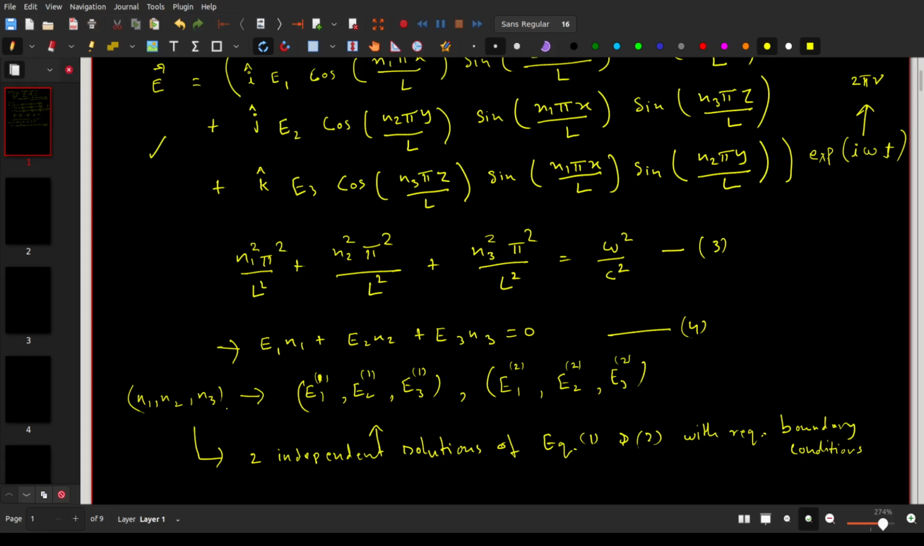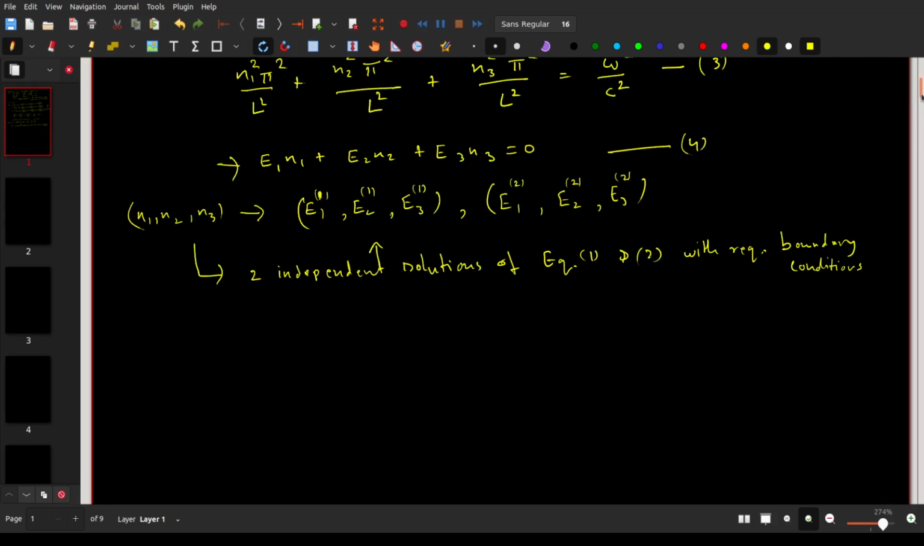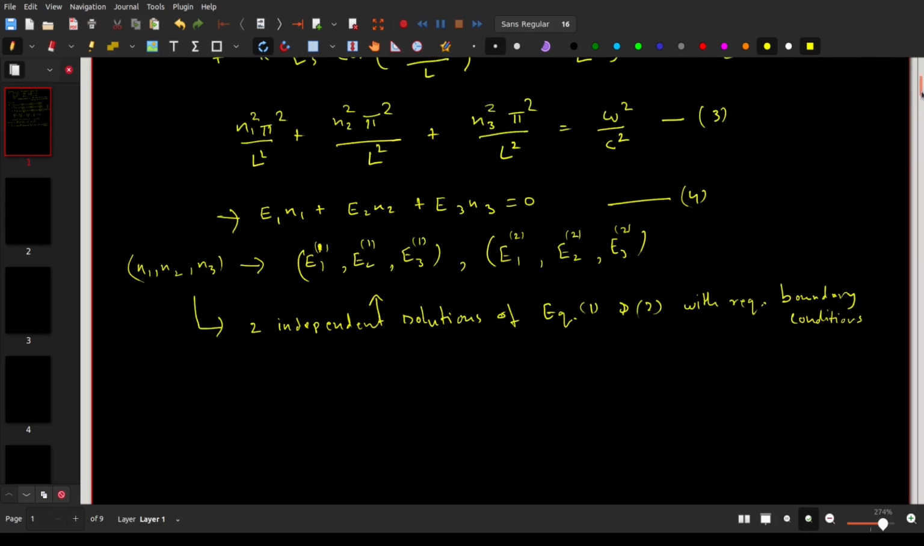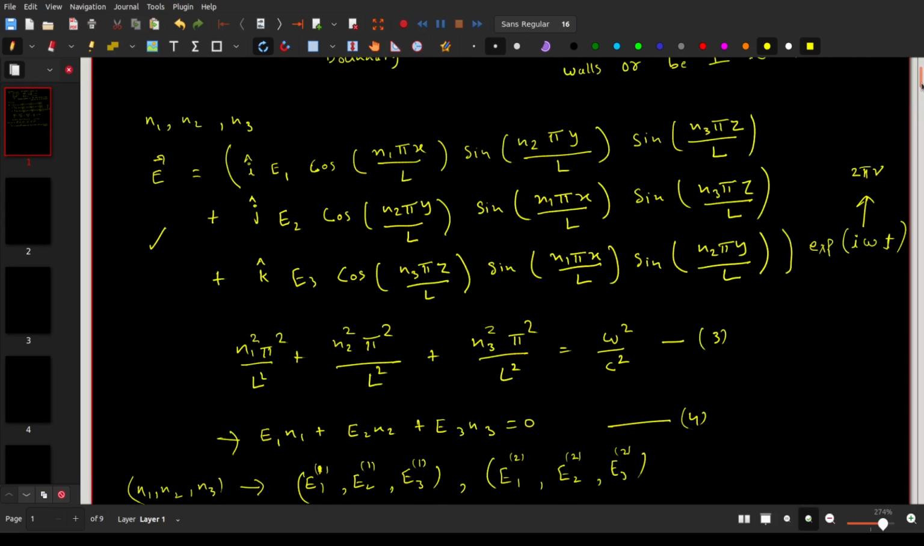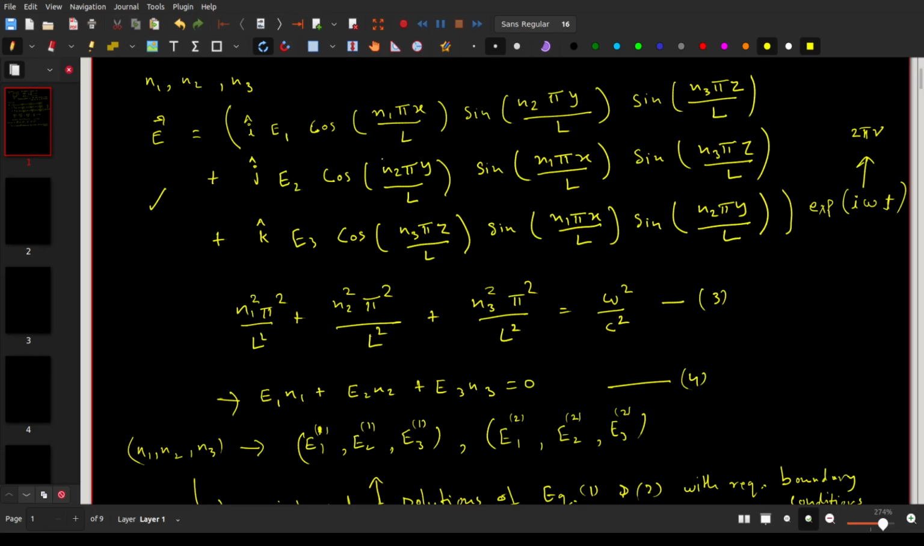So for each n1, n2, n3, we have two independent solutions of equations 1 and 2. However, it is to be noted that these solutions are not all independent. For example, if we change n1 to minus n1, and we keep n2 and n3 the same,